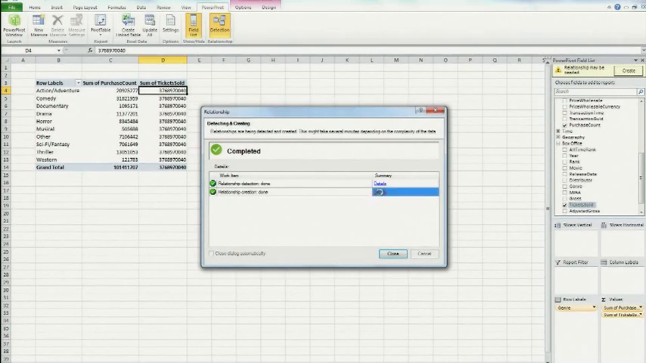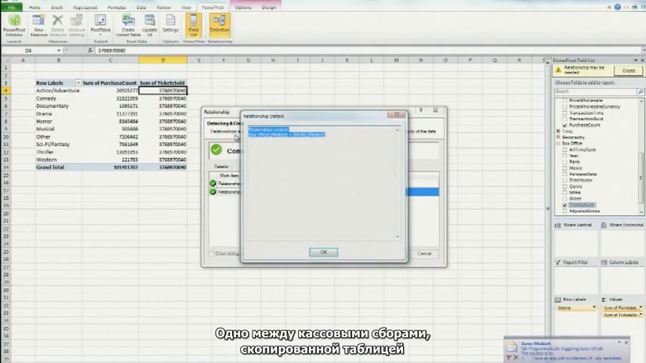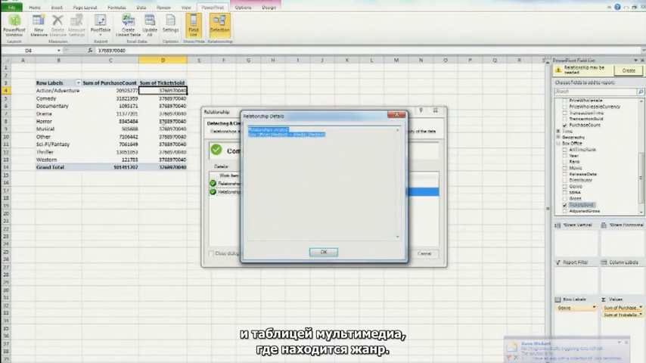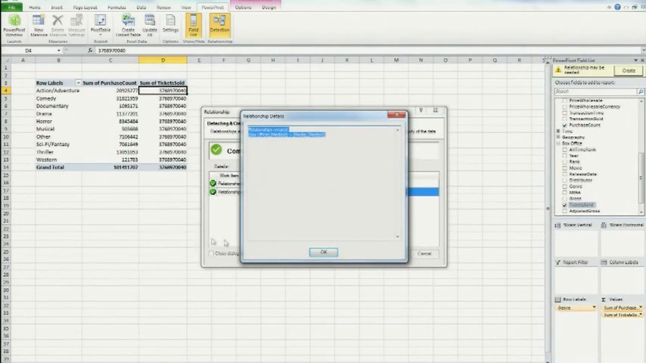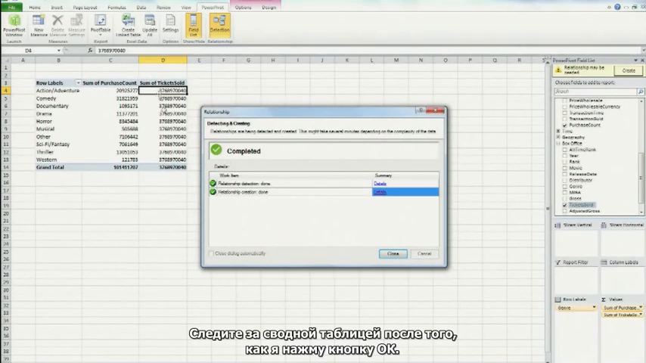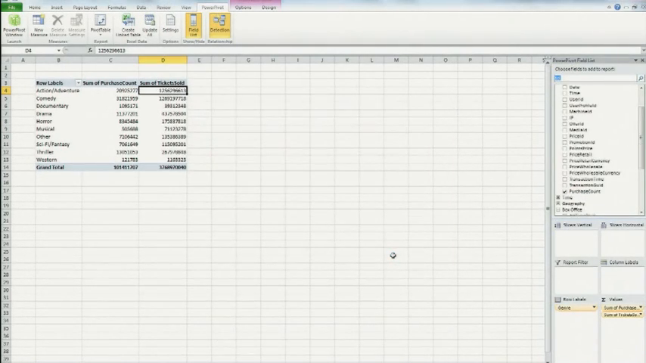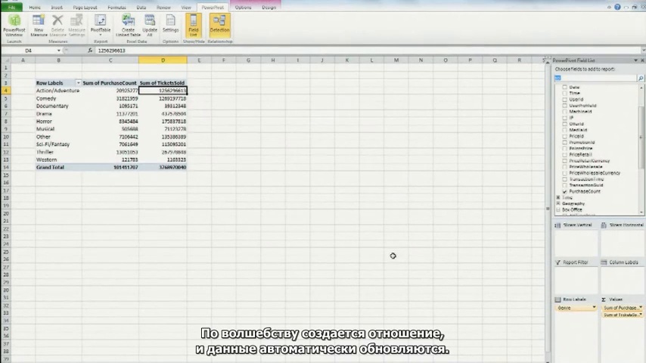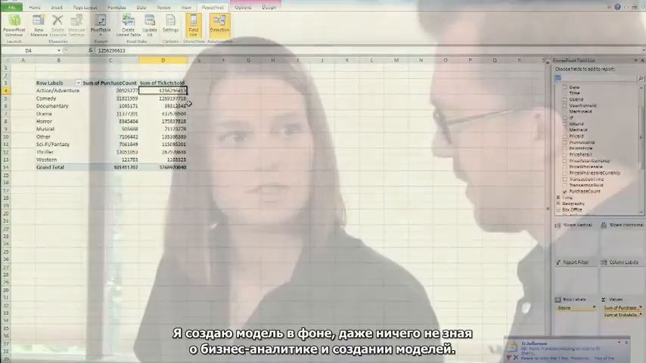And here it has actually created one for me, which is between the box office sales, my copy-pasted table, and my media table, which is where my genre is. So pay attention now to the pivot over here as I click OK. Magic happens. The relationship is created, and automatically the data updates on the fly. So this is really where it shines through that, in fact, I'm building a model in the back end without having to know anything about business intelligence and